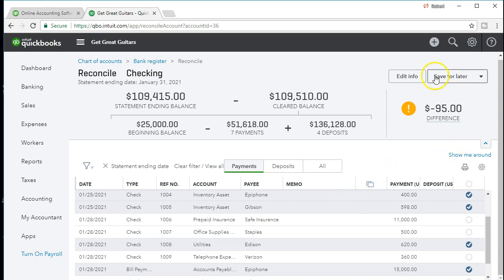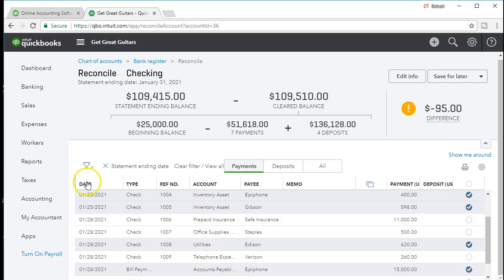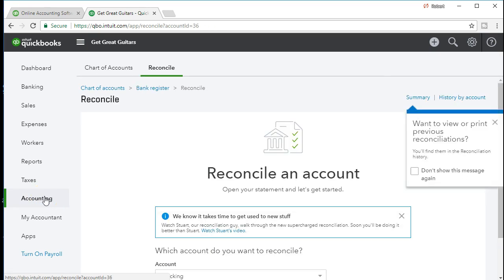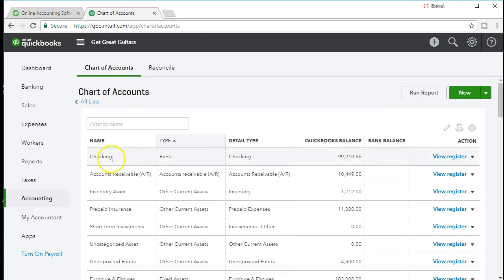We need to reconcile this difference, that difference being made by what's on the bank statement, the 80 and the 15, that's not on our books. So we've got to enter that. We've got a withdrawal and we've got a bank service charge. So we're going to go back to our accounting over here. We're going to go to the chart of accounts. And then we're going to go into our checking account, and we're just going to enter this information into the register. So we've got our checking account. We're going to select the register,